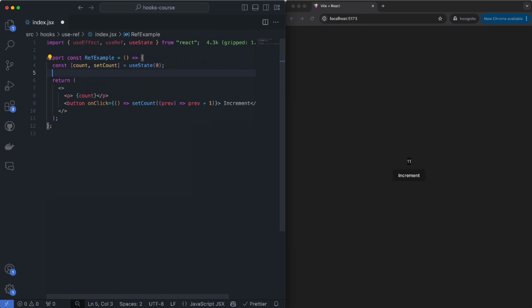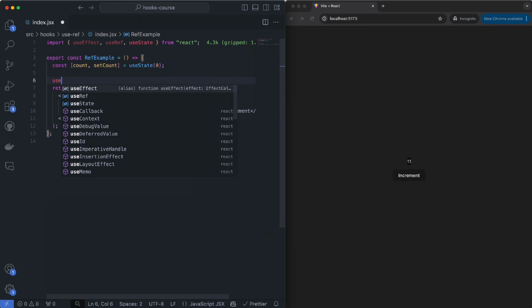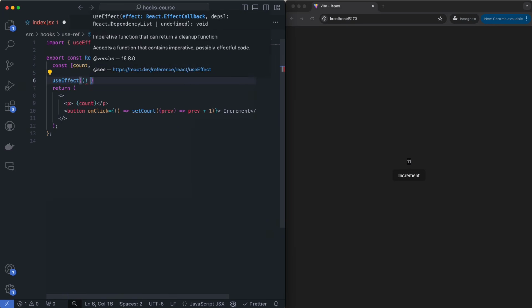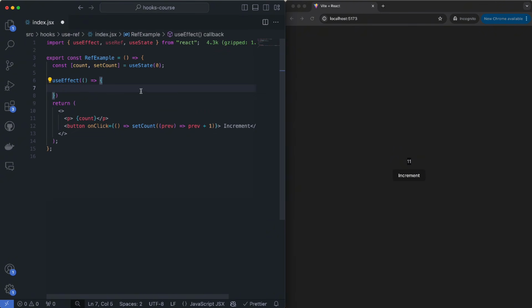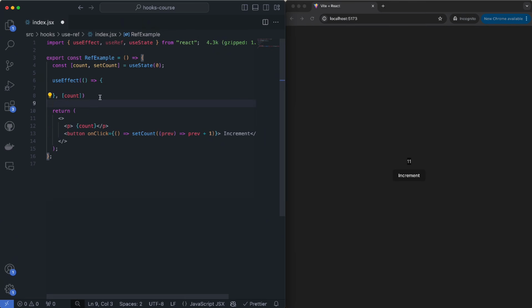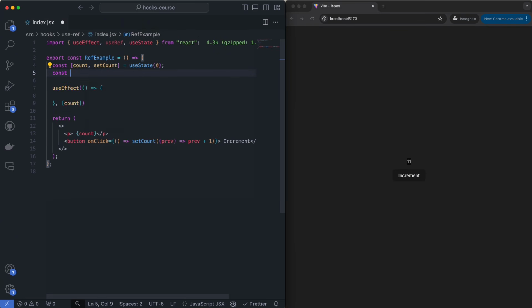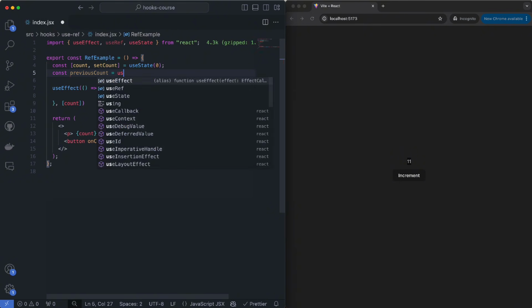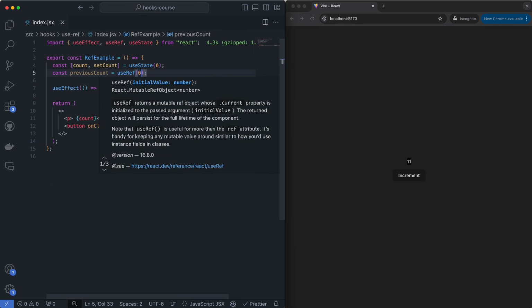Now, if I wanted to do that, what I can do is, first of all, set up a useEffect that will be called every time the count changes. And we can do that by passing the count to its dependency list. Then what I can do is create a previous count ref. So I'll say const previousCount is equal to useRef, and we'll set its initial state to 0 because that's